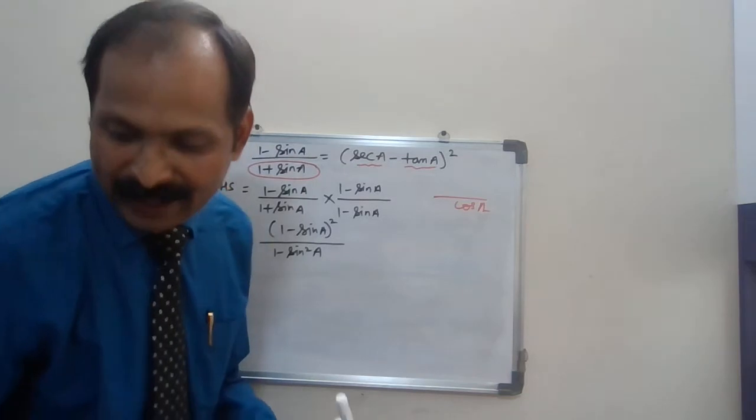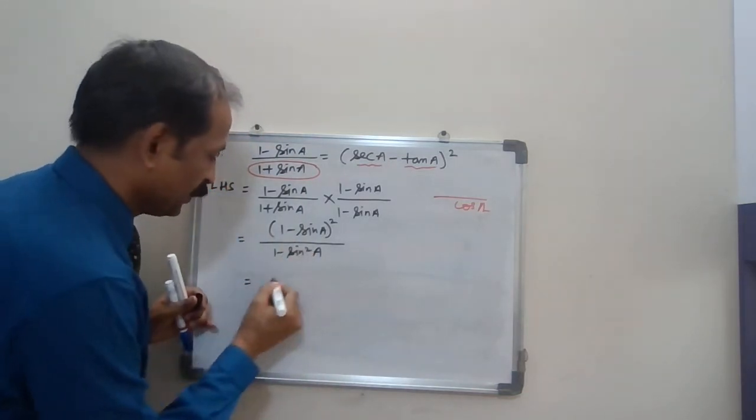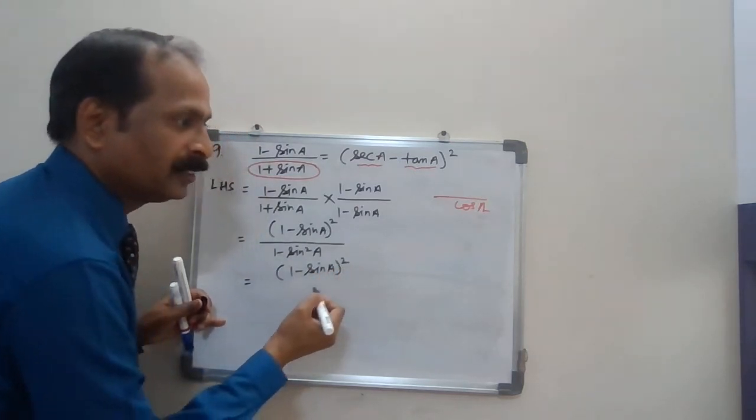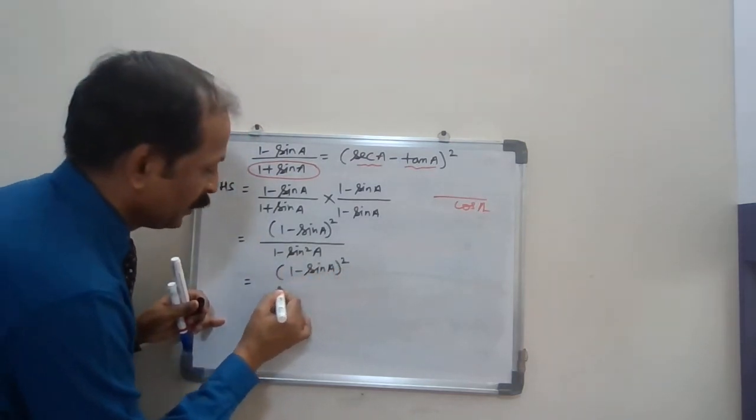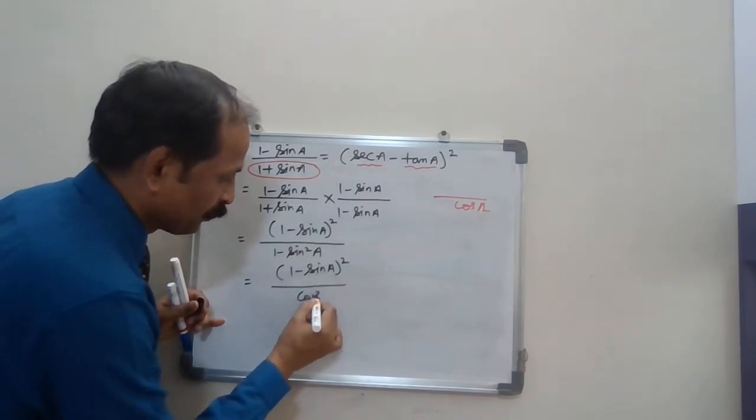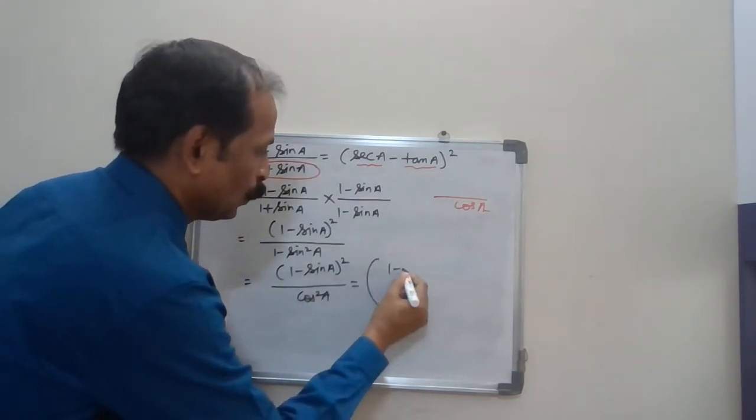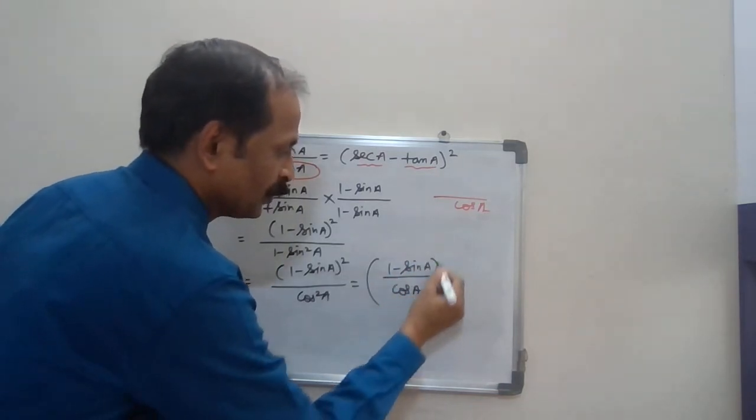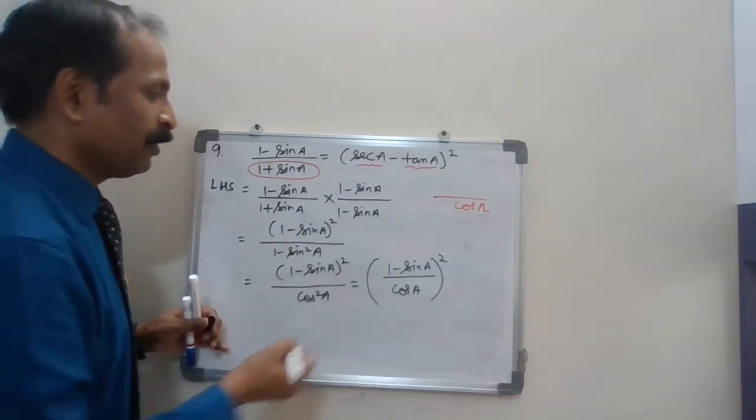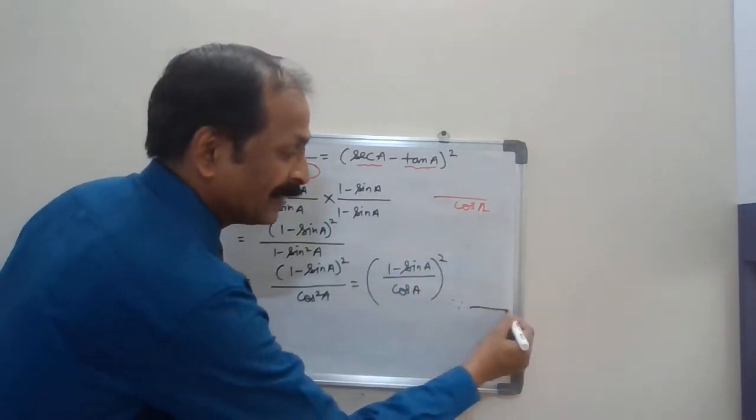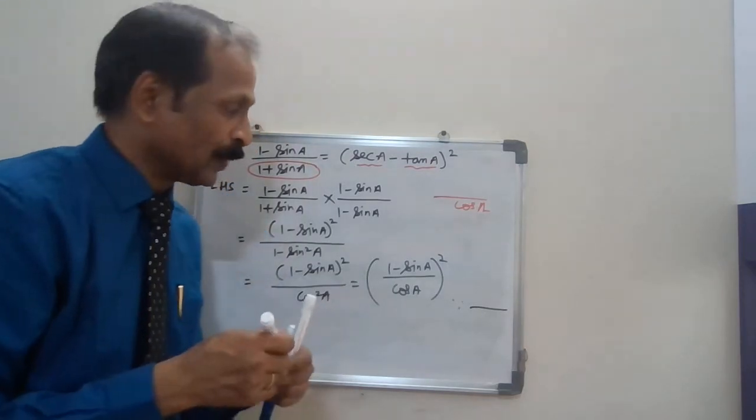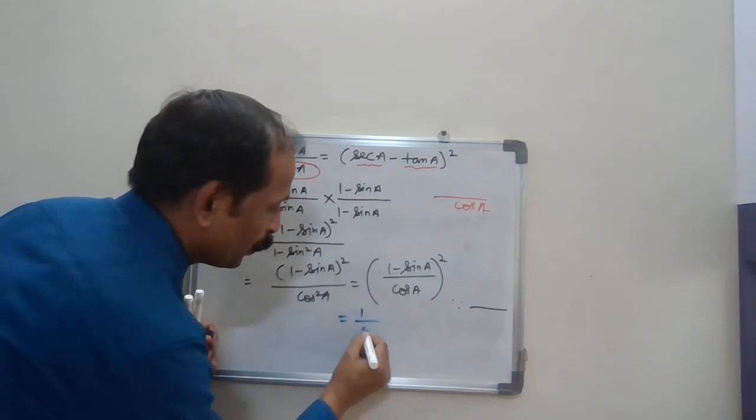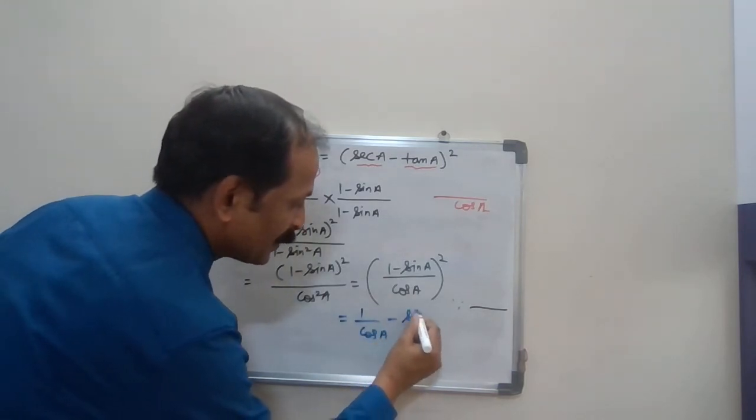Okay, I have simply multiplied. You can pause and try by yourself. Then let it be as it is. And here 1 minus sine square you can write as cos square, or you can write 1 minus sin A upon cos A the whole square. So wherever you have used it, please write the reason that 1 minus sin square is cos square A. Now you can separate them. So it will be 1 upon cos A minus sin A upon cos A